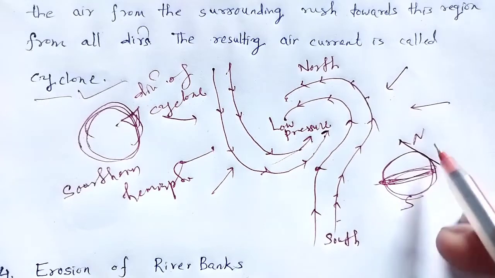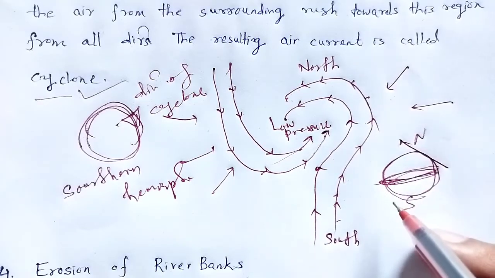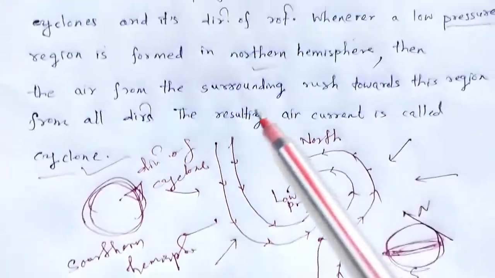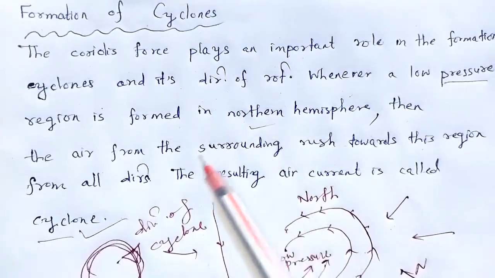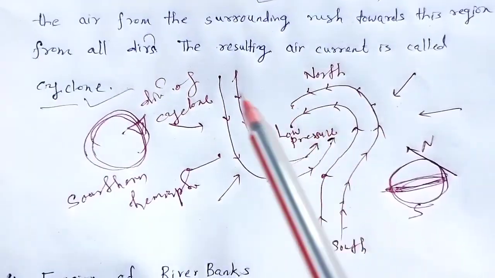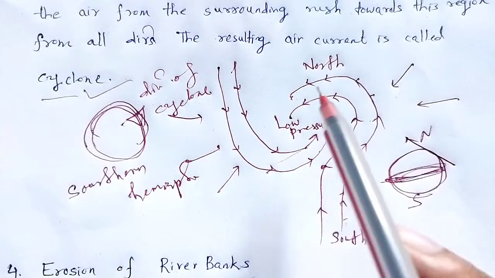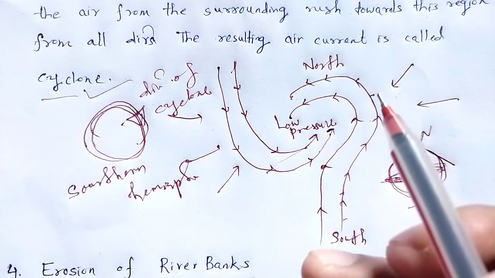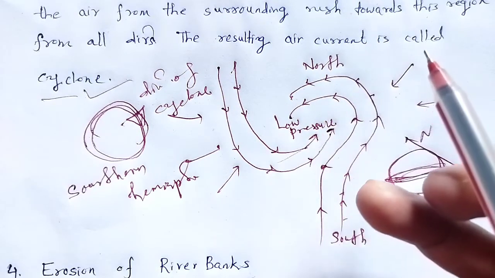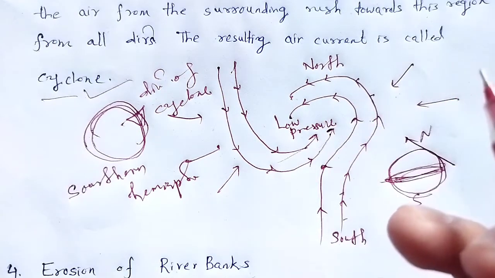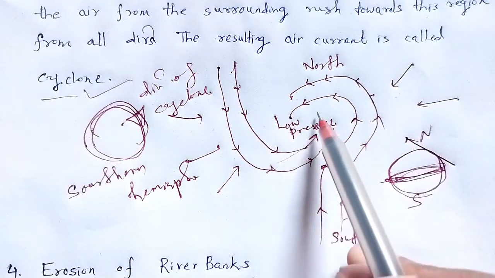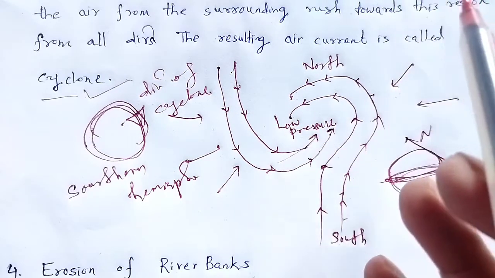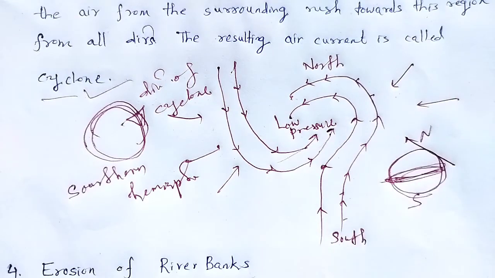Cyclones are only possible in the northern and southern hemispheres, as there the Coriolis force exists, and these are the conditions of the criteria. As a result, the cyclones are formed, and this is the technical analysis. What is the direction of cyclones? That depends upon whether the cyclone is formed in the northern hemisphere or in the southern hemisphere, and this is the mechanism of how the pressure area is created inside cyclonic circulations.